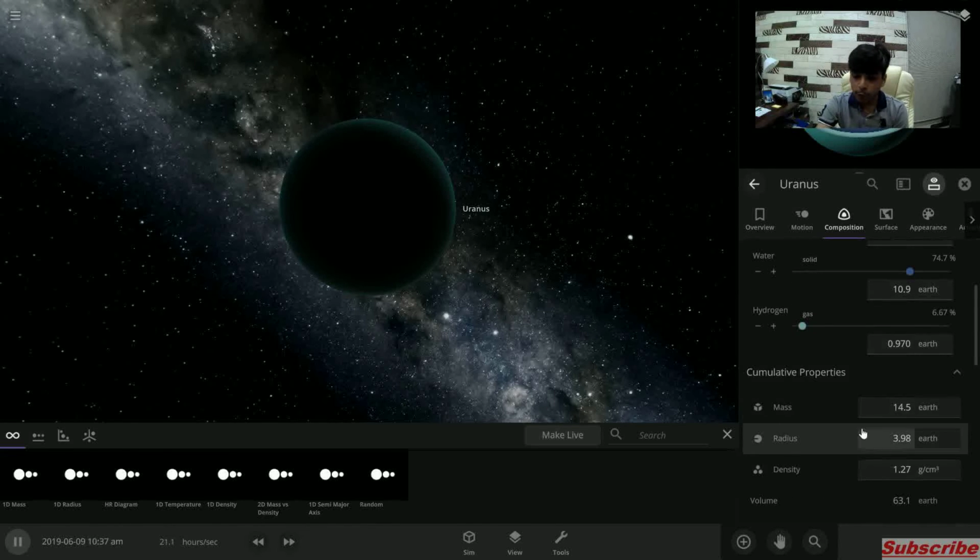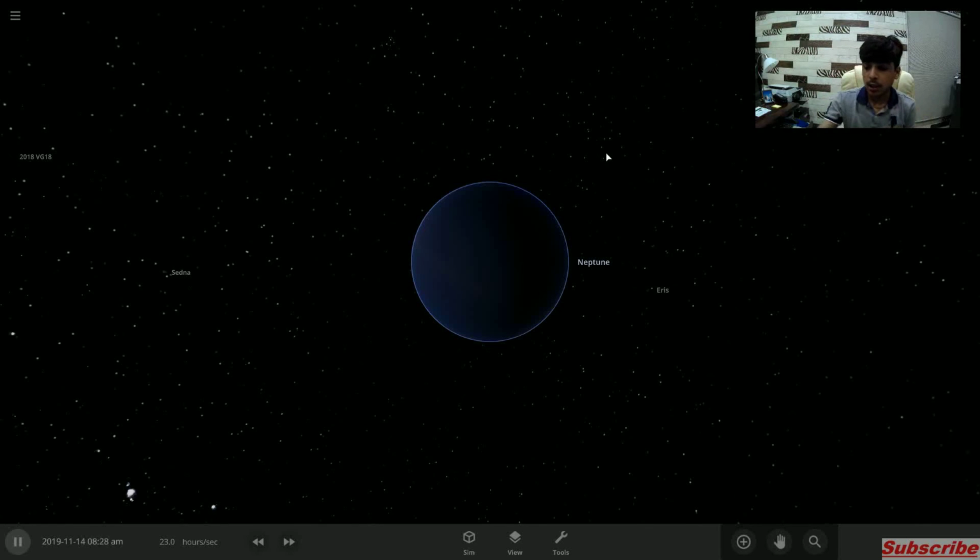So its mass is 14.5 Earths, its radius is 3.98 Earths, and Neptune has 14 moons and is